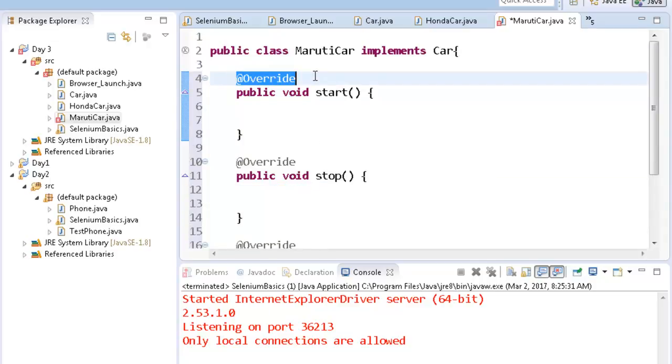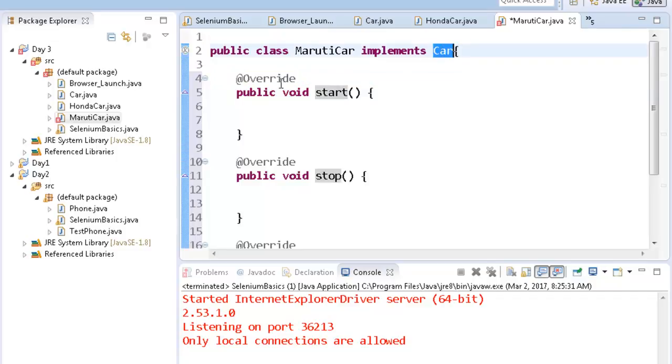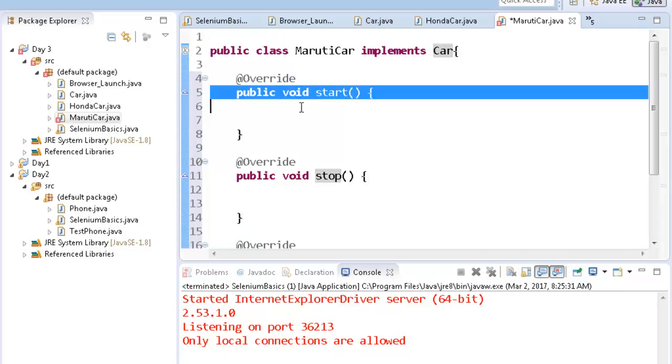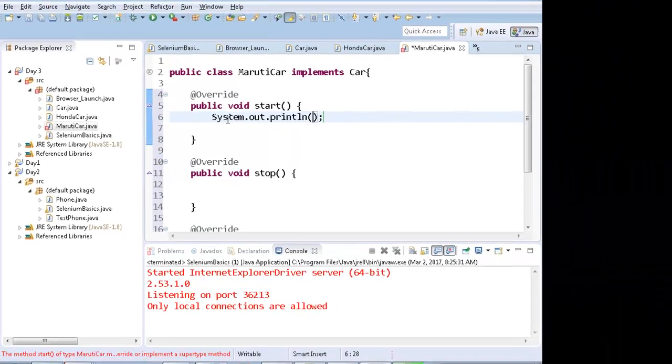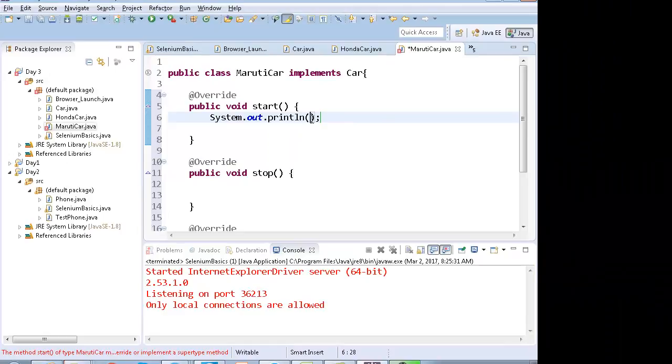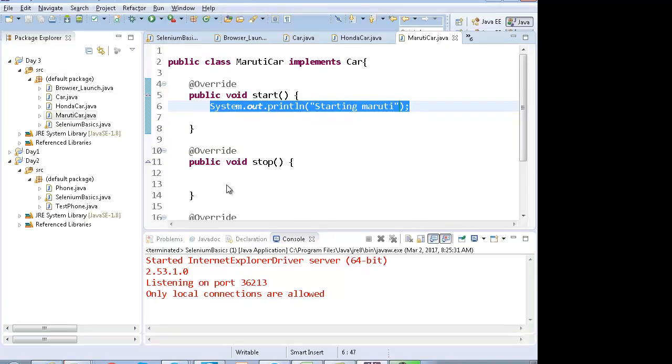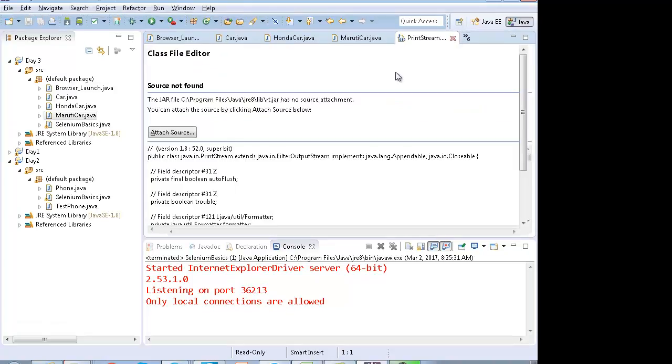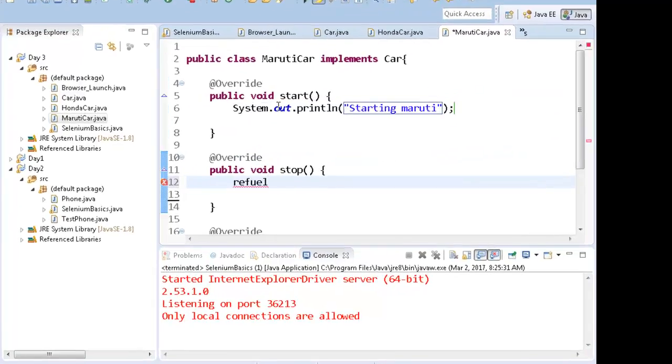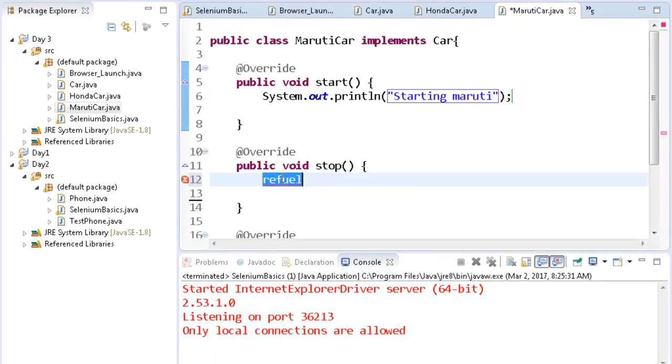This means that this class is implementing the car interface, and this function is coming from the car interface. If you write System.out.println starting Maruti, the function name will remain the same, but the implementation will be different in every implementing class.